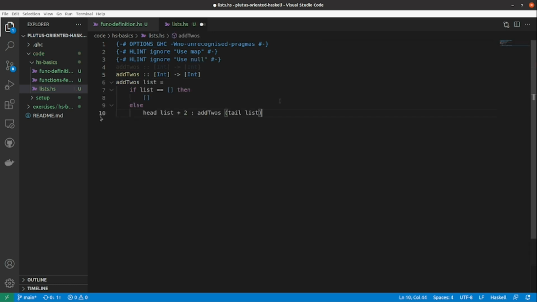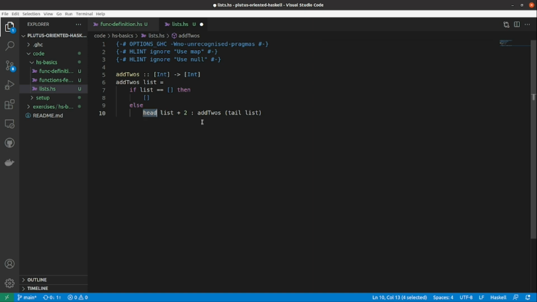And I could define the add2 function like this. So it takes a list and then I use an if then else construct. And if you come from any programming language, this should not be anything new. An if then else, of course, takes a boolean as first argument and then evaluates the first expression if this evaluates to true, or evaluates the second expression if this evaluates to false. And what I'm doing here is checking if the list is equal to the empty list. If that is the case, then we do not have anything to work with, so we just return the empty list. If that is false, so we do have some elements in the list,